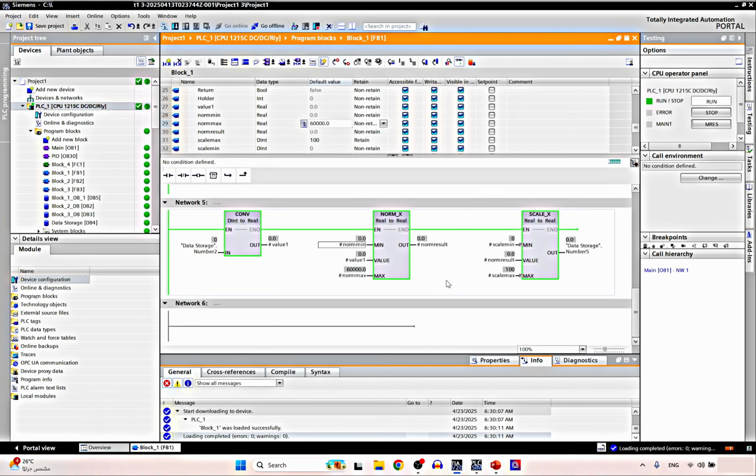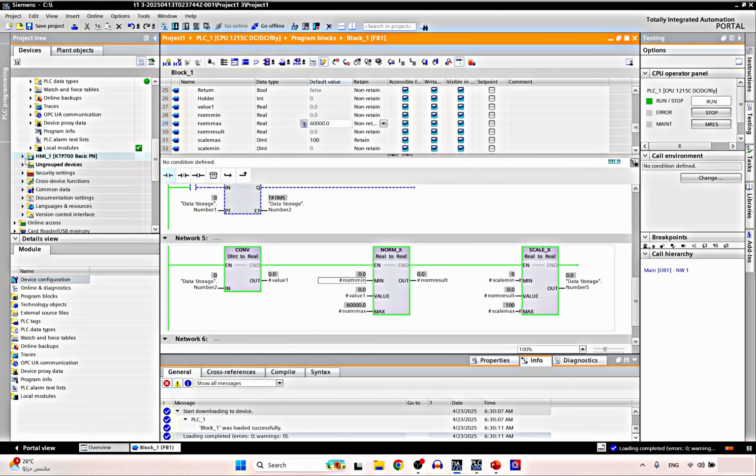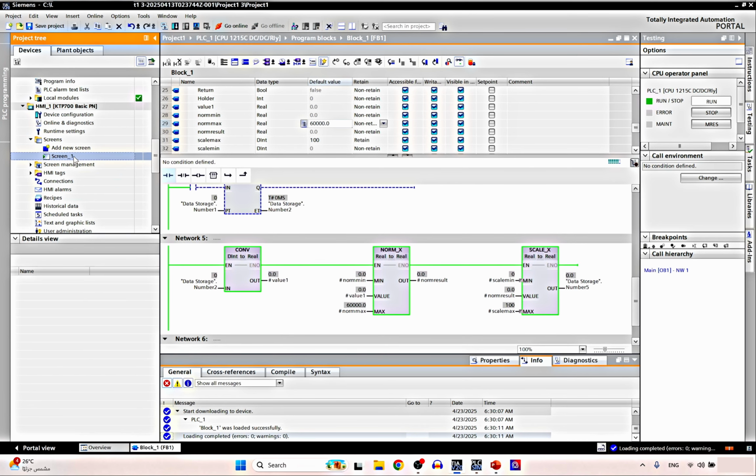Hello again, guys. And now let's look at the trends. And in the next lecture, we will look at the data logging. So the trends are in the HMI screens. So if we go to screen 1,